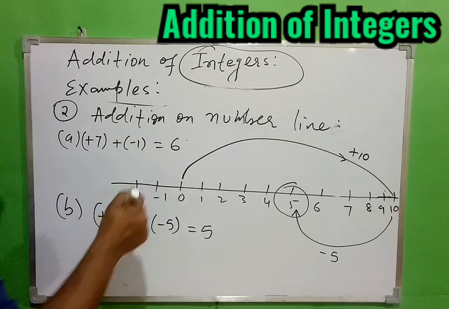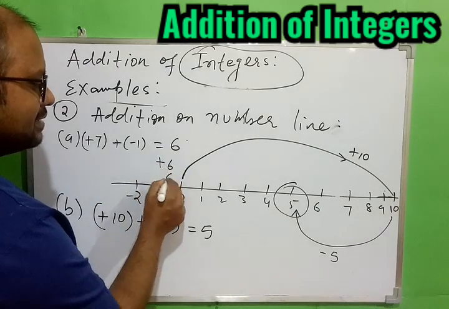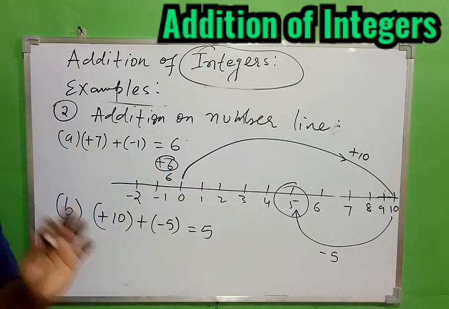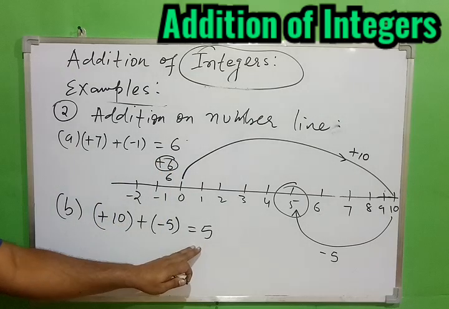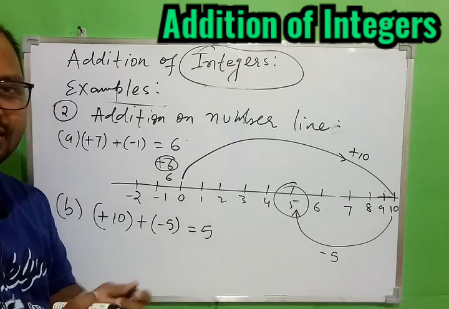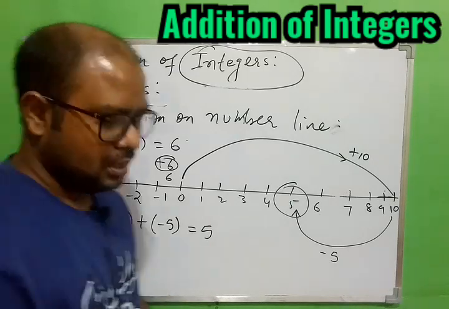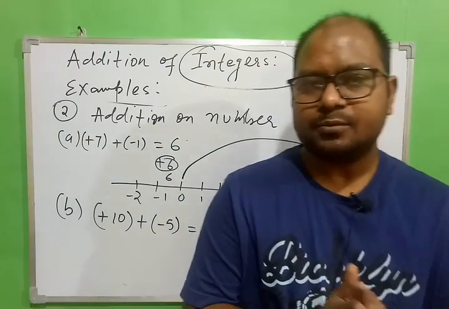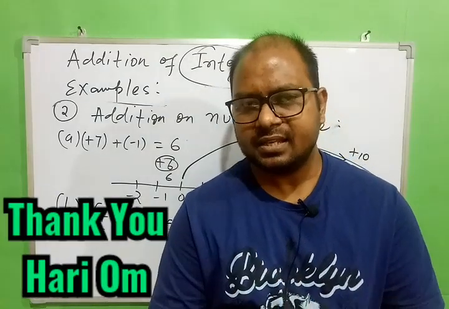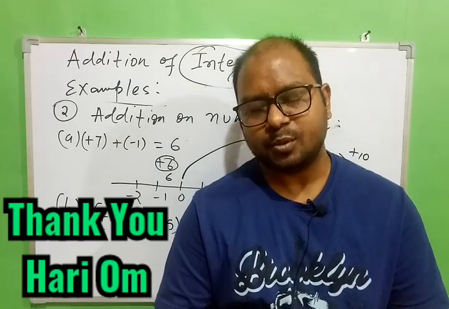So always remember plus 6 and 6, they are the same thing, so no need to write down plus 6. 6 is understood, it is a positive number. So plus 5 and 5, they are the same, so no need to write down plus in front of 5, it is understood, it is a positive integer. So that is all we have today, and in the next class we will take some questions from the exercise to understand the same concept properly.